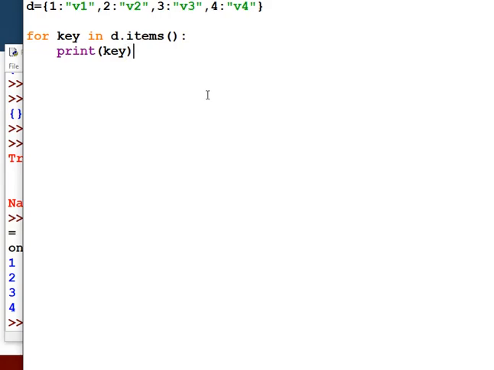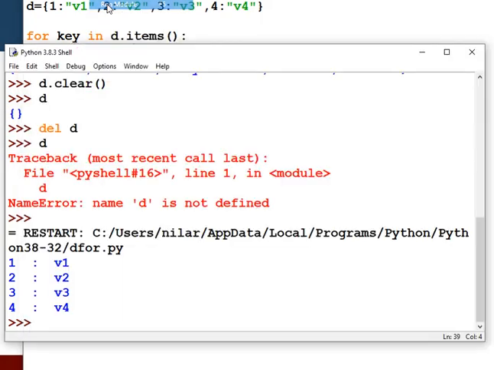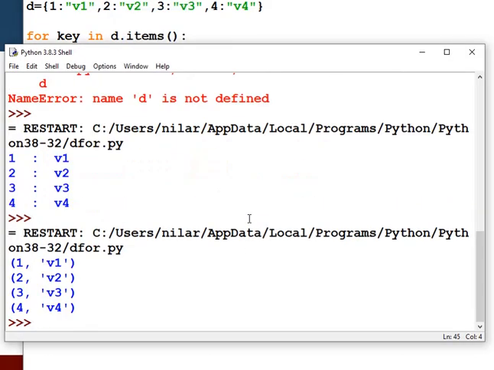Okay. Now just run this program. Both of them have been displayed, but separately you cannot differentiate them.